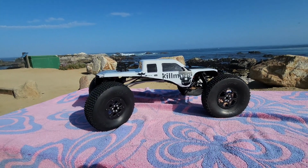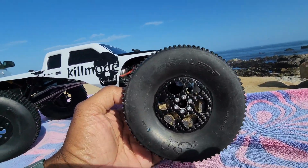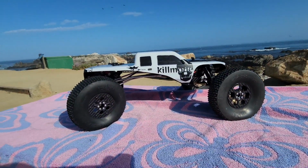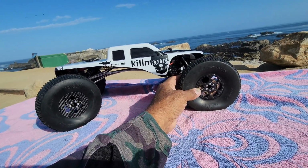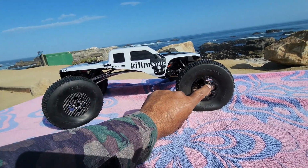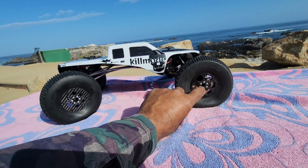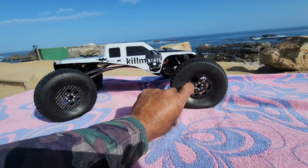So here she is. We got the wheel set up on the kill mode. It's really a pretty neat concept, and actually I was kind of worried because I like to run a lot of weight in my tires. Up front I run a lot of weight, and I was running the Dlux heavy portals on there, and as much weight as I could stack on there. I was running weights on the outside and inside of the wheels. So I was kind of worried that I'd lose my weight factor, but actually these